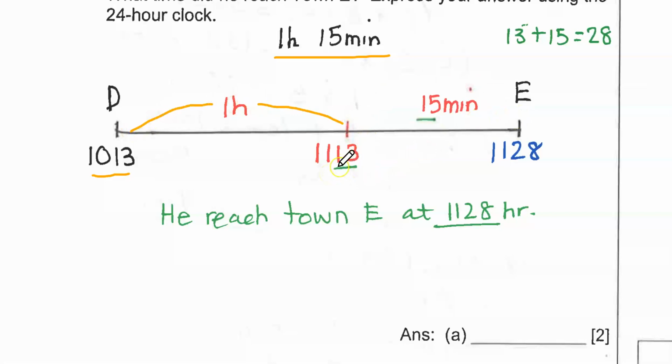Now this is easy. 13 plus 15, right? It's not more than 60. 13 plus 15 is only 28. It's within 11 in the morning. So the answer is 11:28 in the morning from town D to town E. Next,